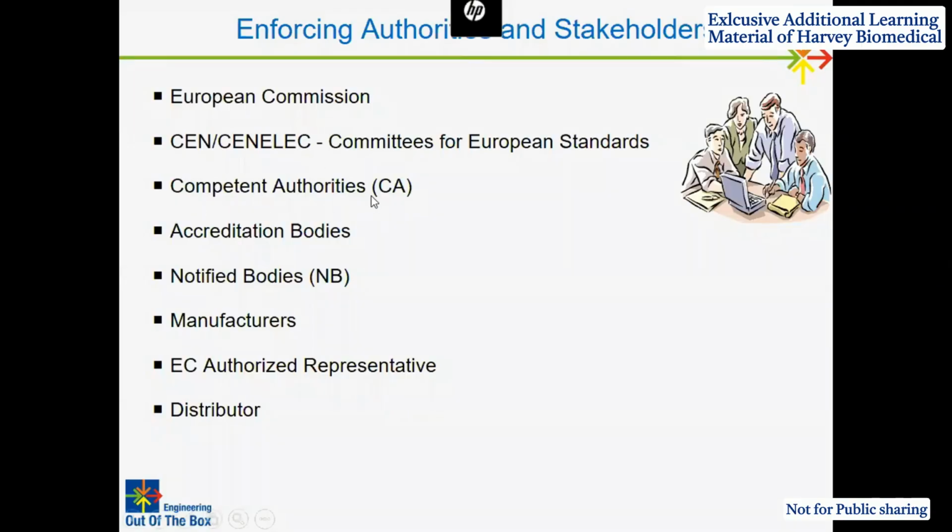There are competent authorities, accreditation bodies, notified bodies and manufacturers, EU authorized representatives and the distributors. These are all the required stakeholders for the CE marking. The competent authority means that for each country there is a competent authority, and there is an accreditation body. The accreditation body will give the competent authority approvals, and the competent authority is